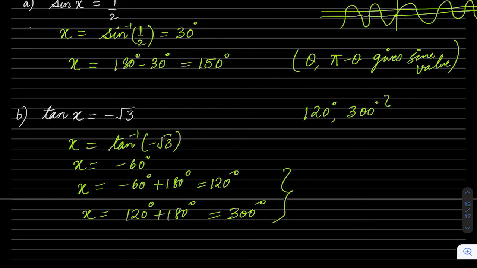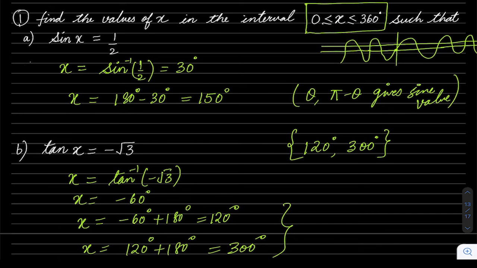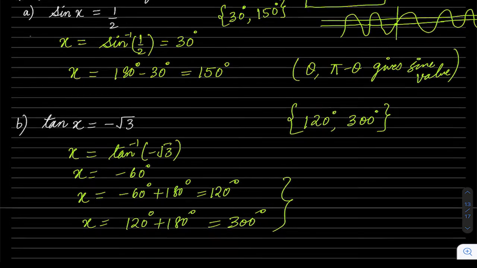And we will use curly brackets here. Okay, so this is my answer for this part. And for the first part, my answer was 30 degrees and 150 degrees. And after this, if some value is there, how do I find this? Add 360, minus 360. Okay, anyways, we have to go till 360, so I am not adding anything in this. So let's do the third question.